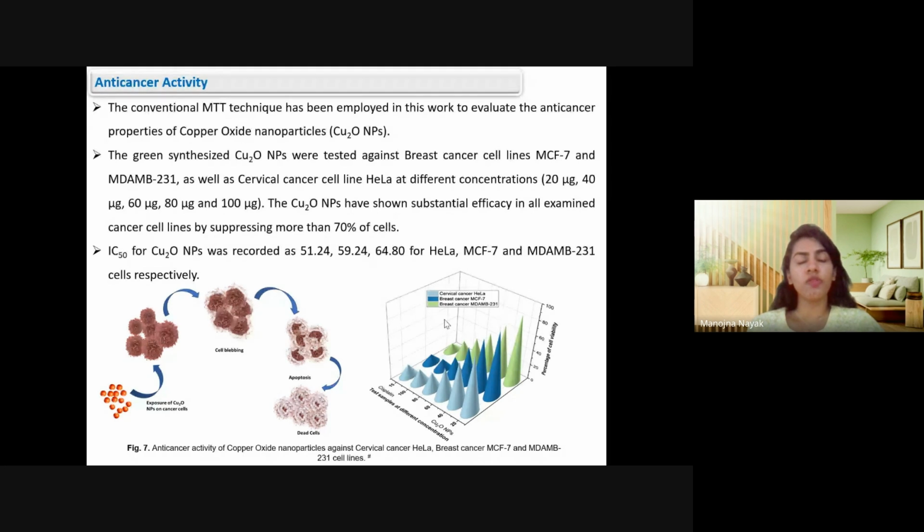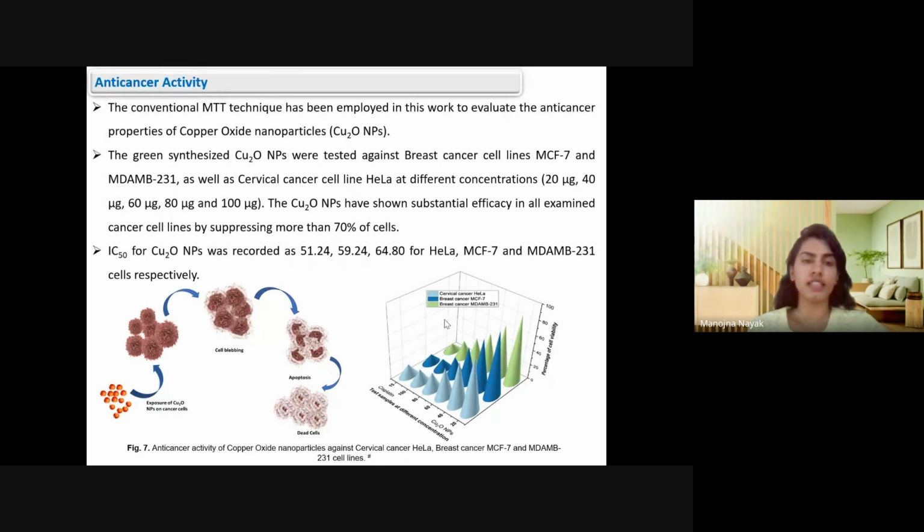And we thought to explore it further for MCF7, MDA-MB231, and HeLa cell lines. The conventional MTT technique has been employed in this work. The green synthesized copper oxide nanoparticles were tested against the breast cancer cell lines and cervical cancer cell line. The copper oxide nanoparticles have shown substantial efficacy in all examined cancer cell lines by suppressing more than 70% of cells. And even the IC50 of Cu2O nanoparticles were recorded as 51.24, 59.24, and 64.80 for HeLa, MCF7, and